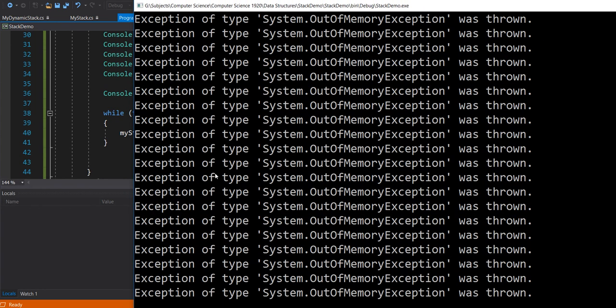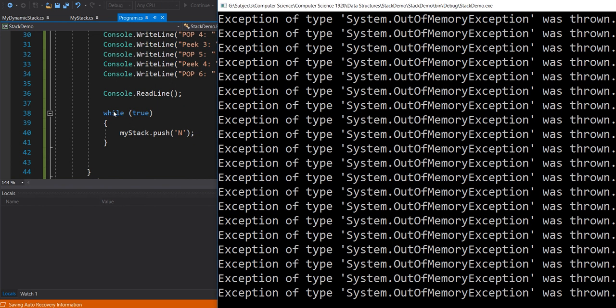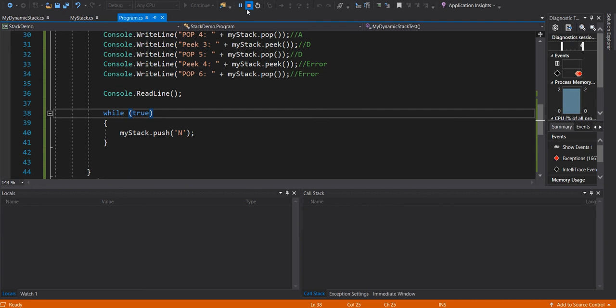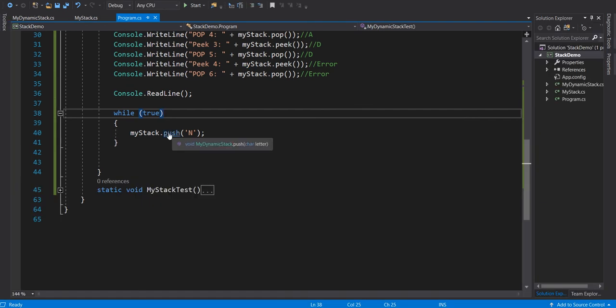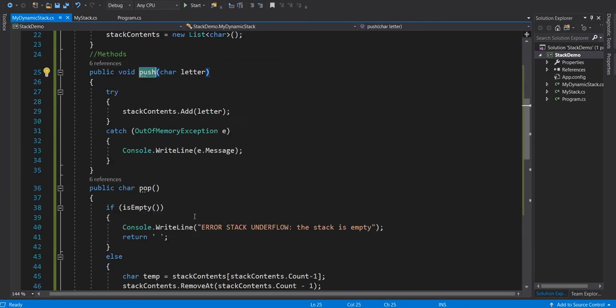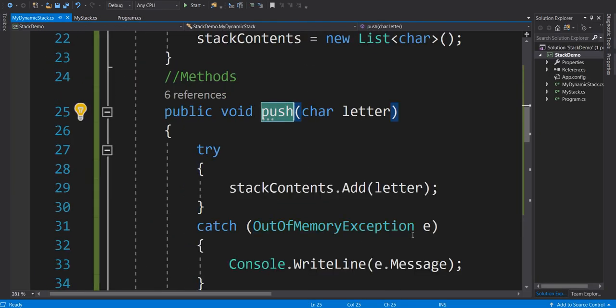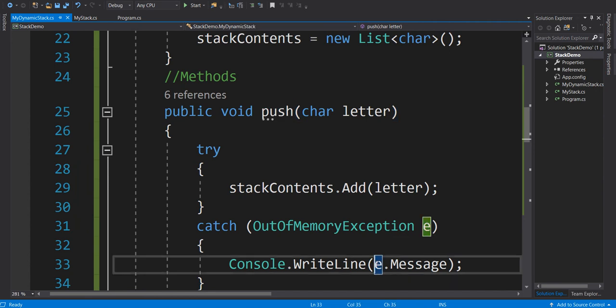Exception type. Notice it didn't crash because we've got the exception handling, but because of my infinite loop here, out of memory exception. Not crashing though, just outputting that message that we told it to do. So it was outputting e's message, the out of memory exception. Okay,